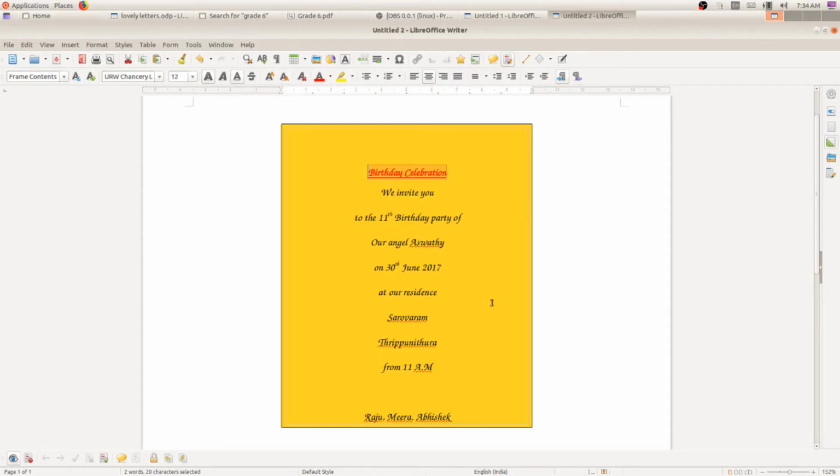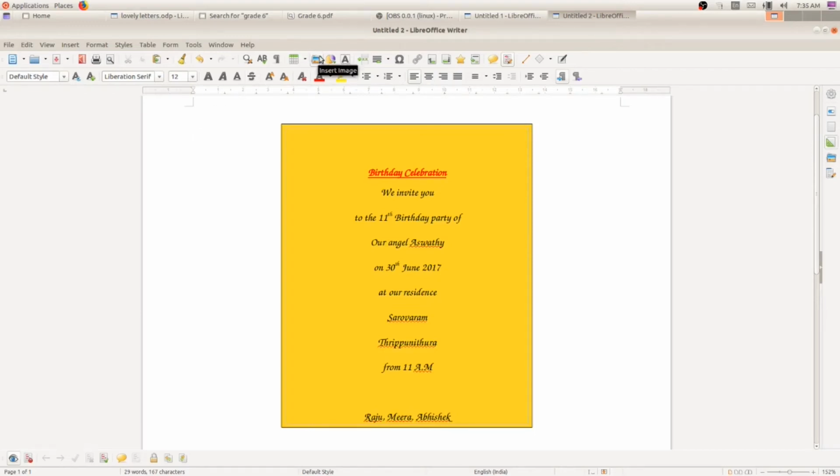Now we are going to insert the picture. So before inserting the picture, place the cursor. You can see here the cursor outside the frame. You can place it outside the frame. Now we can insert the picture. Let me ask you, I have shown you two methods. Do you remember how to insert image?